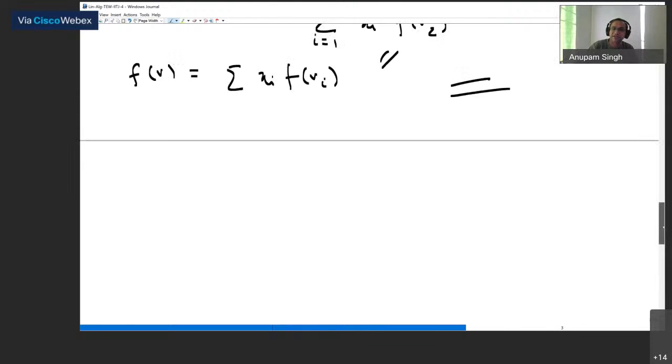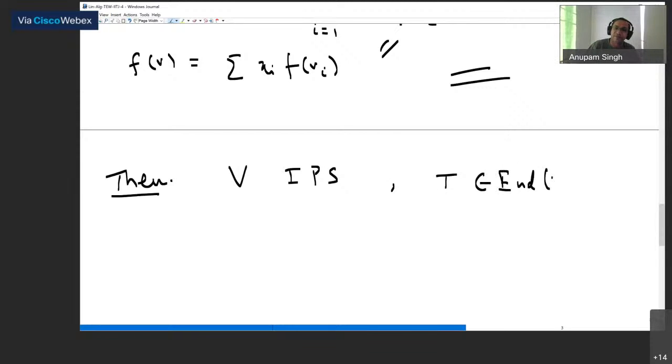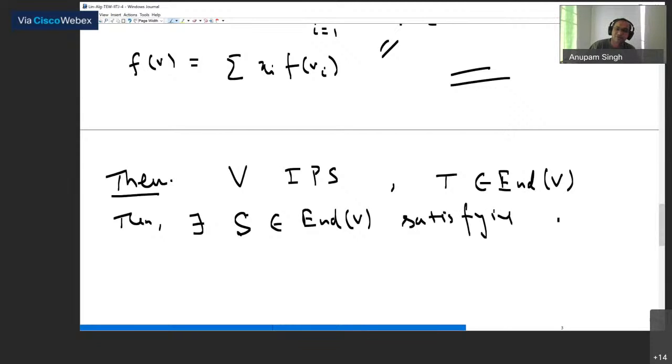Okay, so once I have this, now I'm ready to define the adjoint map. So this is the theorem. Of course, as you realize, in the theorem I already assumed that V is an inner product space. And suppose I am given a linear transformation T in End V. My claim is that then there exists another linear transformation S, let's say in End V, satisfying the following